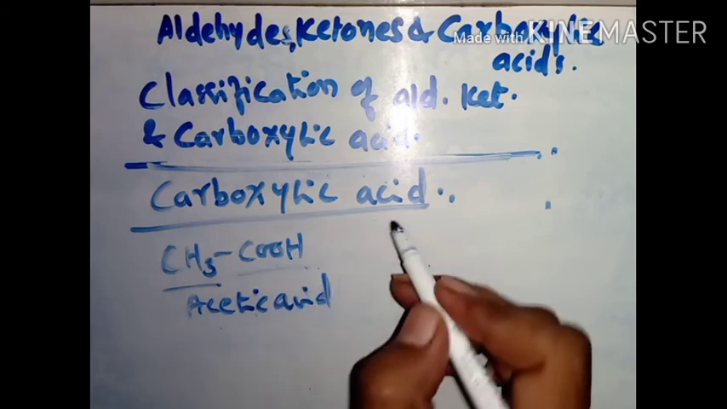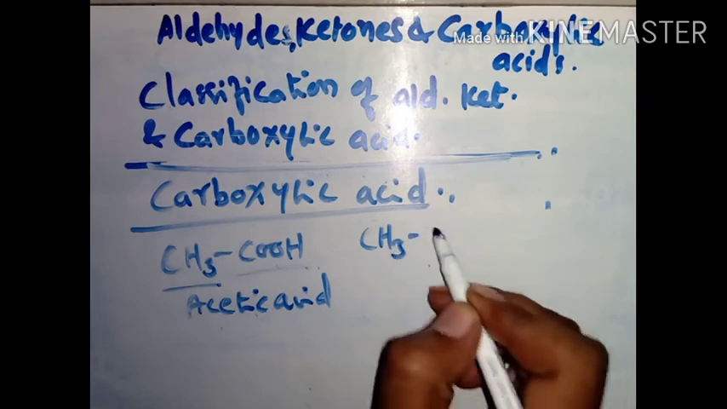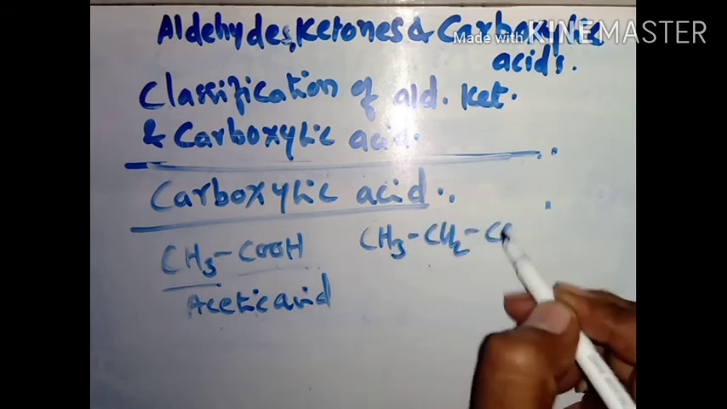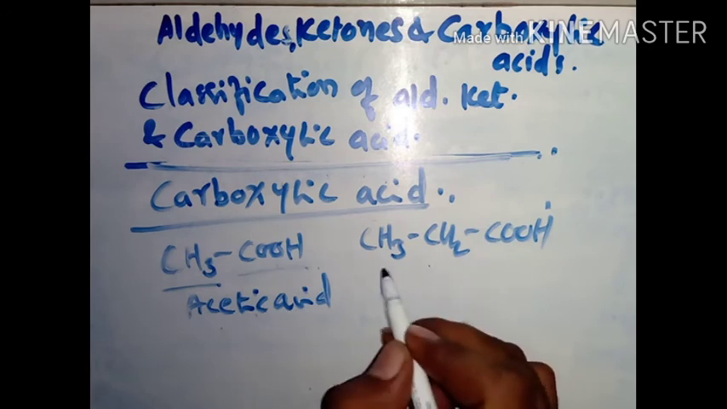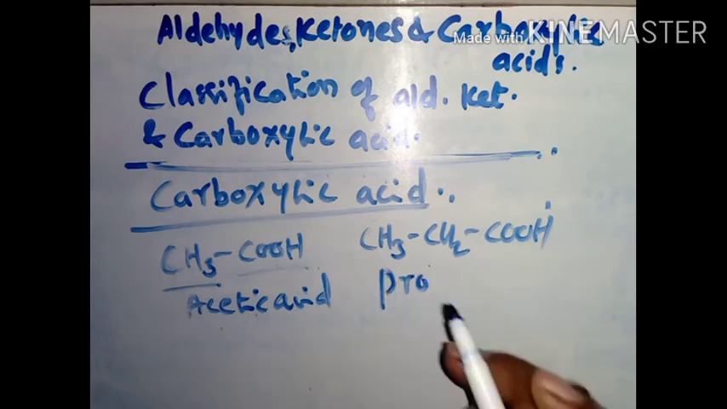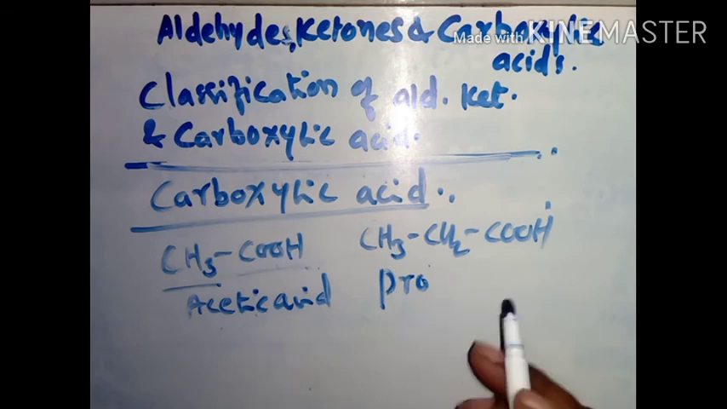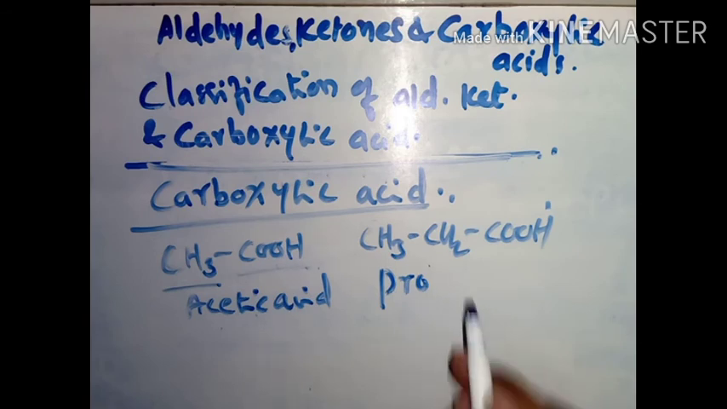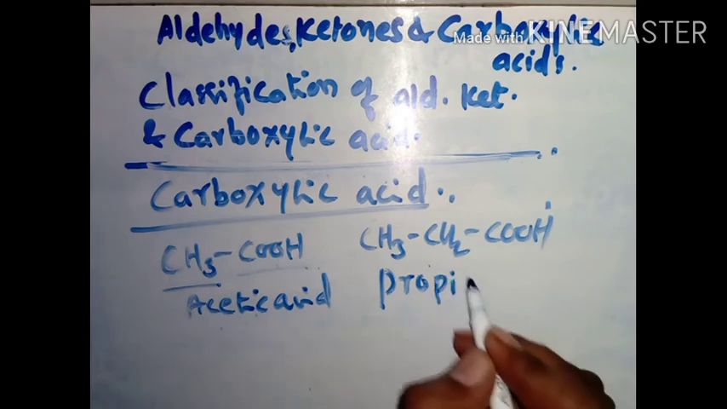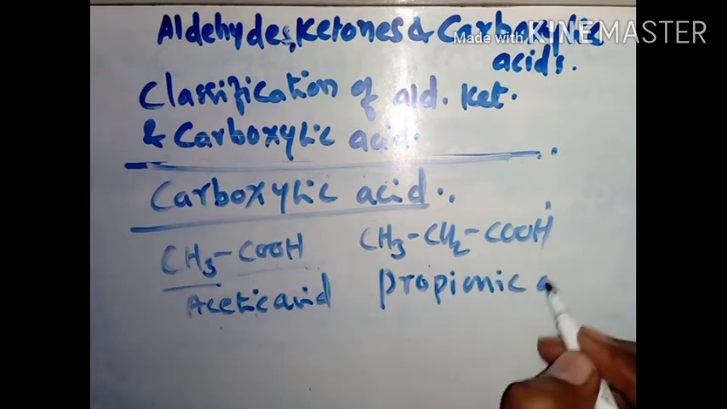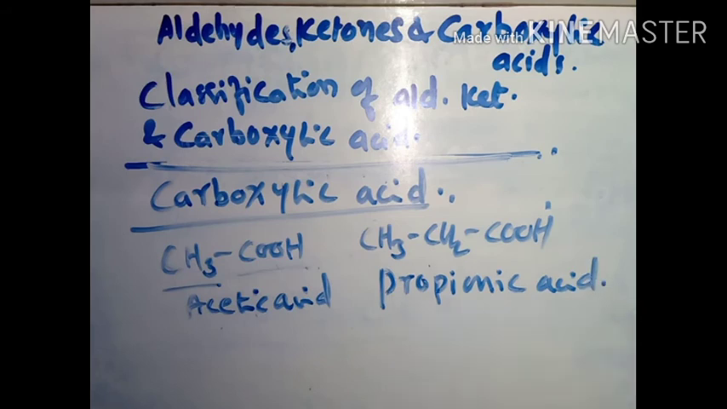Another example we can take is CH3CH2COOH. Three carbon atoms are there, that's why it is propionic acid. How the name is picked out, I will tell you in IUPAC nomenclature. That is propionic acid. So this one is an